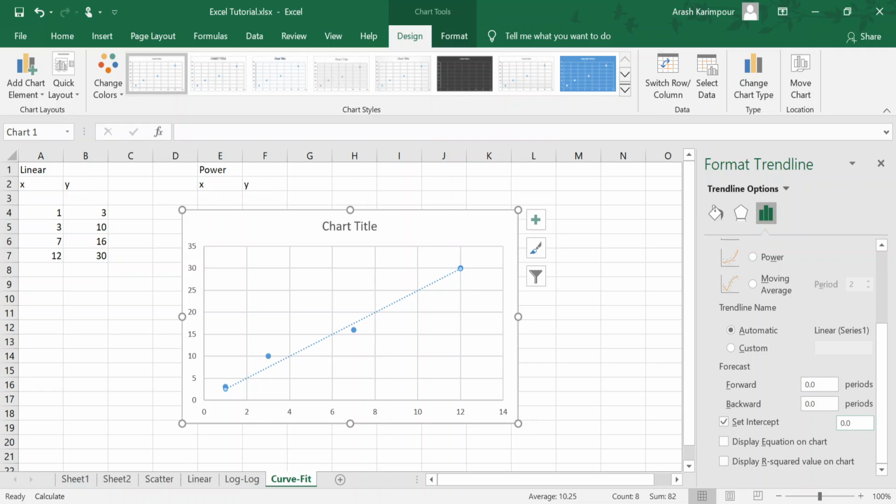If I add any other number here, assume I add 2, it means that when x is 0, I want y to become 2, so it's going to hold it there. Or if I say when x is 0, I want y to be 5, it's going to force the line to go through 5 when it reaches the y-axis. If you don't want it, you can deselect it,